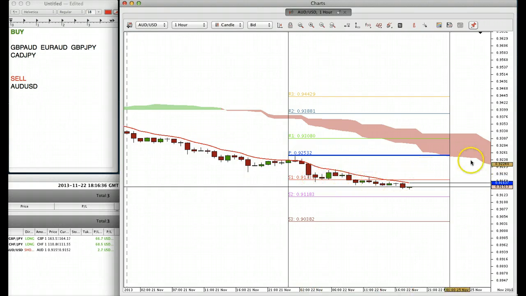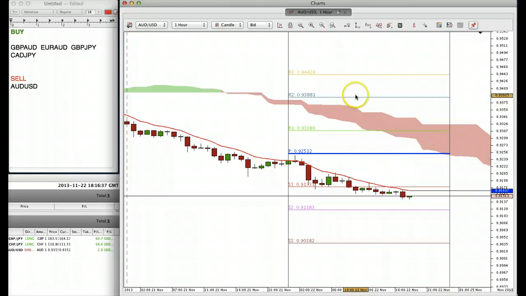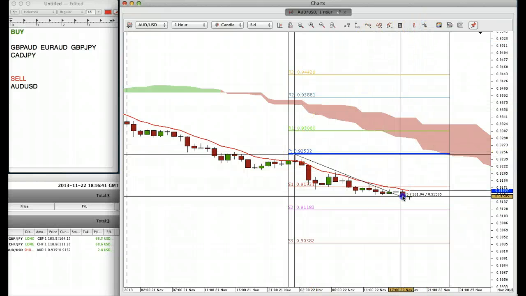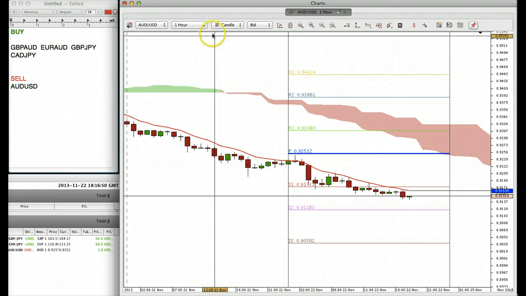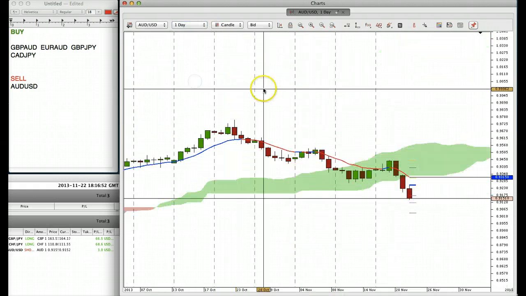Now price is finding support. It's done its daily range. It is Friday, and it's already put in its daily range, but we do know that our target is around 91 or 90, because if we look at the daily chart, we have